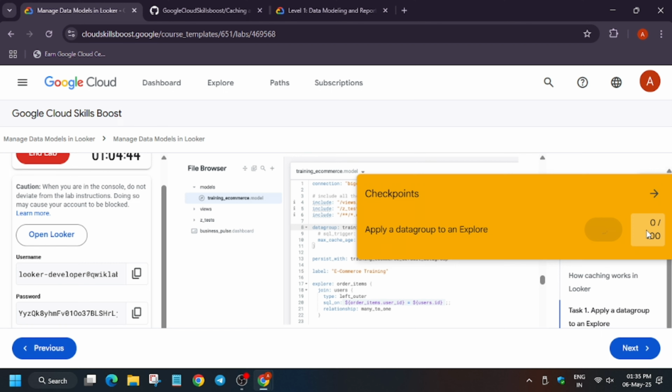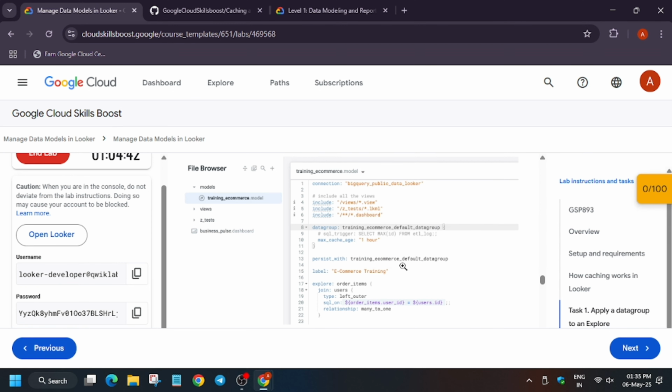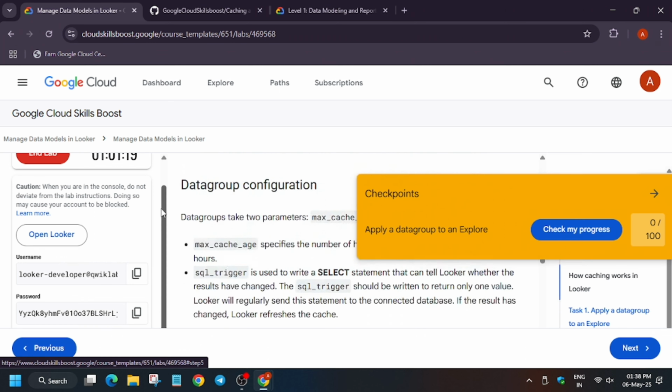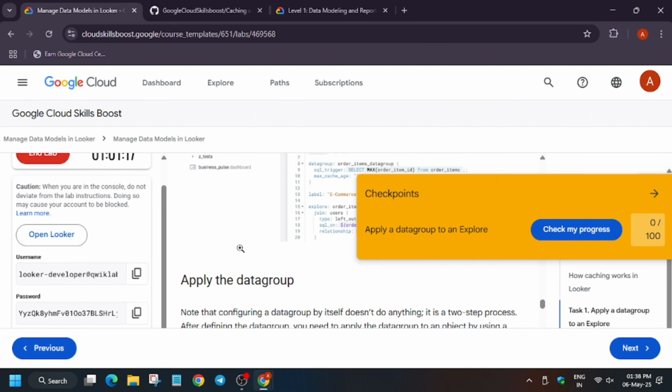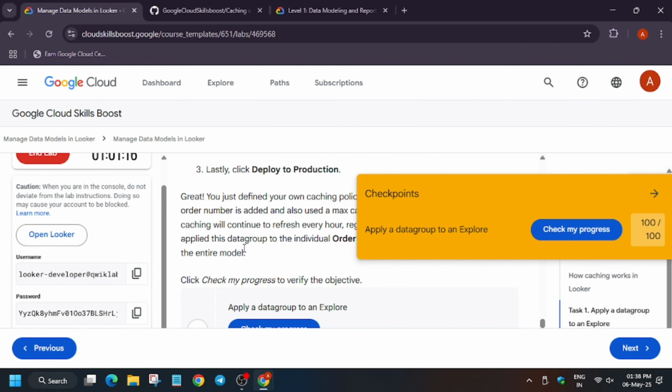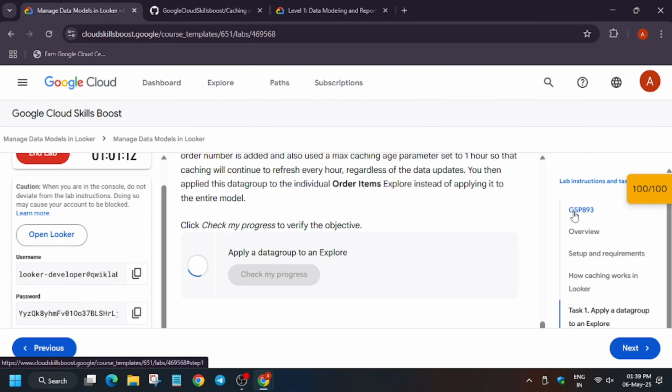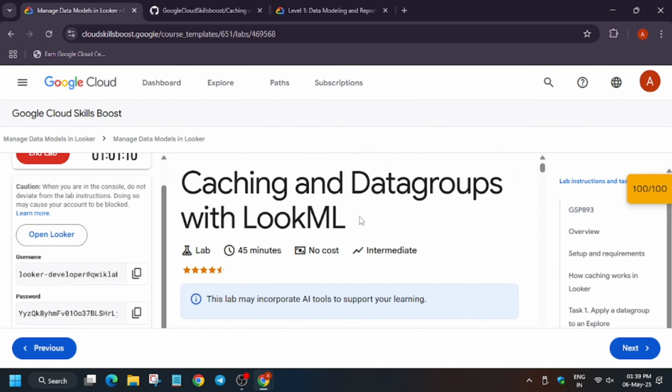So this may take 4 to 5 minutes, so wait for it. Hit check my progress. After waiting for 4 to 5 minutes you will get the score, don't worry. Keep hitting check my progress. Just go to task number 1 and hit check my progress there also. So as you can see we got the score, that means we